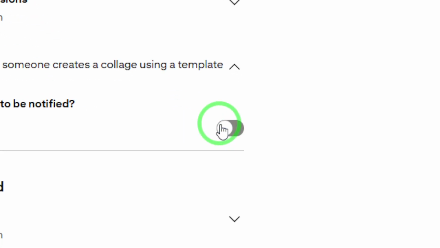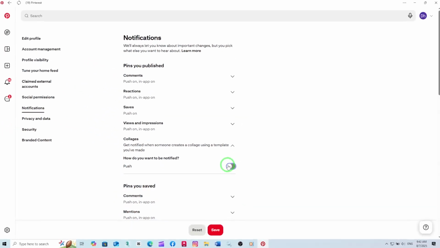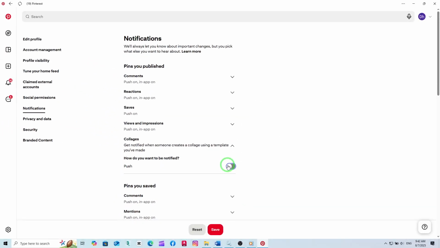After you've disabled push for this category, the final step is crucial. Don't forget to click Save. This ensures that your new preferences are stored, and your notifications for template use will no longer interrupt your Pinterest